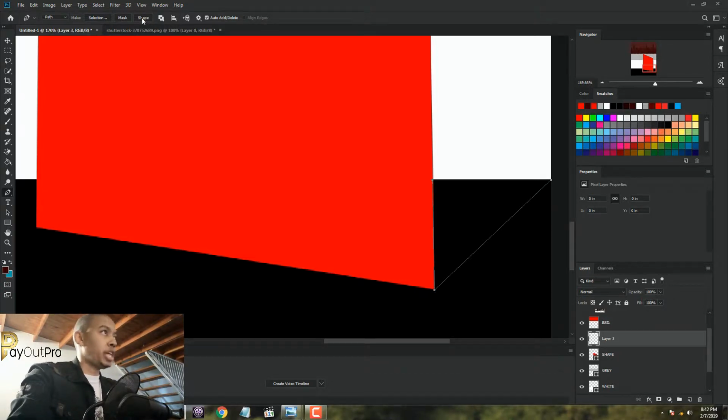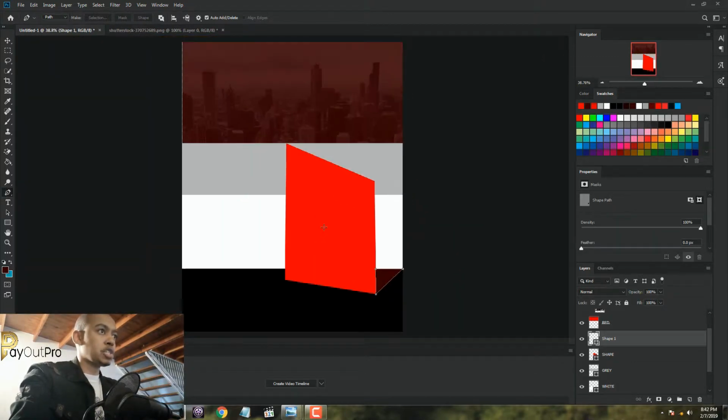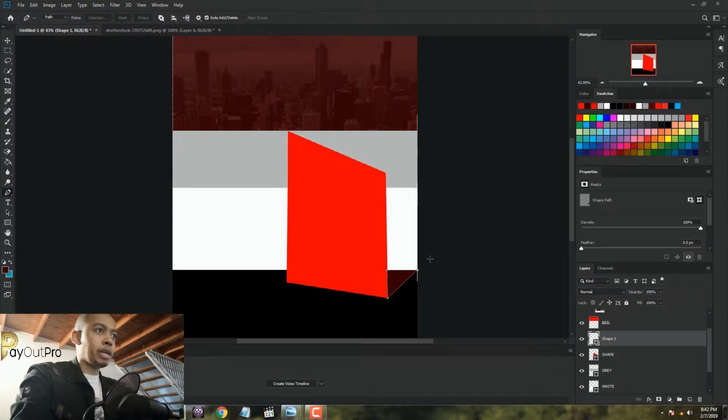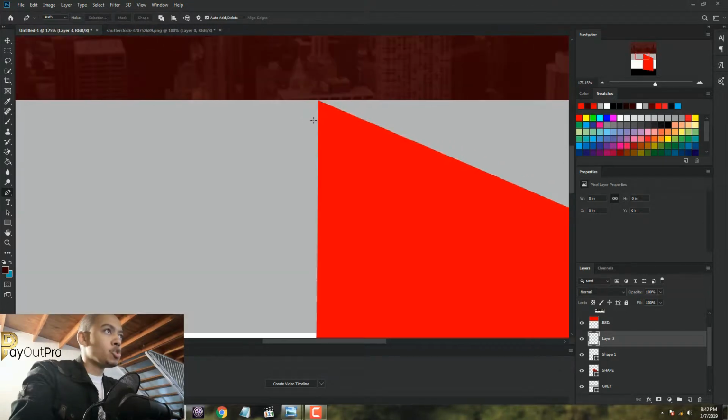And we're going to click shape, and then there it is. This is the color that we want. We want the bright red and the dark red, kind of like it's a shadow, you know, type of thing. All right, and then now we create another layer, the last one for shape, and this time we're going to create another one, but here on top. So we're going to click right here, and then click right there and right here, and put it back and close it right there. And then we're going to hit shape again,